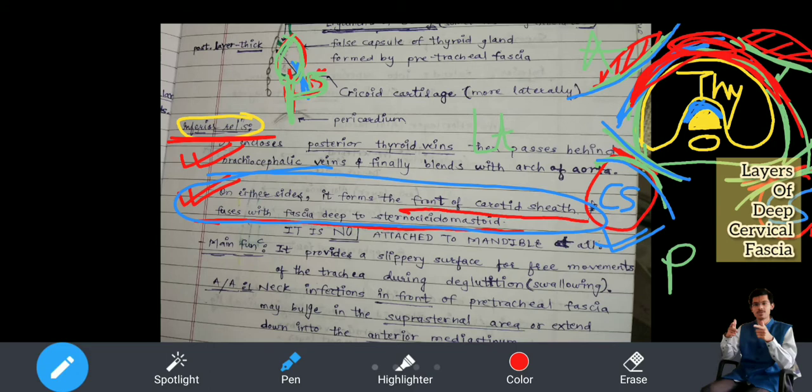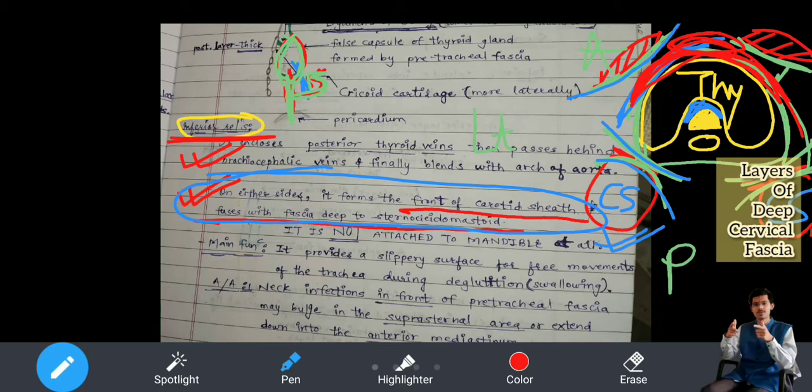Now because there is space and it continues to what? It continues as the suprasternal area. Yesterday when we were discussing about investing layer of deep cervical fascia, we talked about two spaces. One was supraclavicular space and the other was suprasternal space. Now this suprasternal space is covered by the investing layer of deep cervical fascia anteriorly. It forms anteriorly and posteriorly. But here behind that and behind the investing layer of the deep cervical fascia and in front of the pretracheal layer of the deep cervical fascia, there is space.